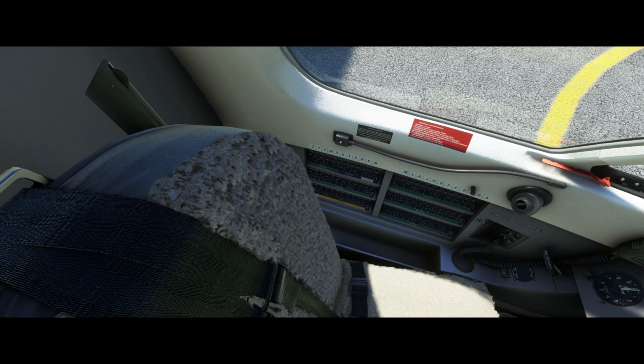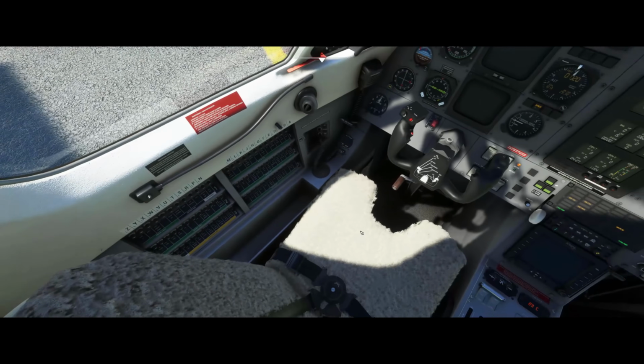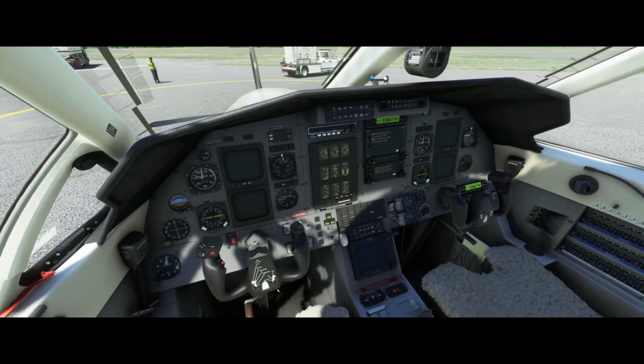We want it in auto so that if we do lose pressurization in flight, that decompression will automatically trigger those masks to turn on. So oxygen will start flowing to those masks in the back automatically without me having to flip that switch, and those masks in the back are continuous flow. And then once that's done, we're going to come up here